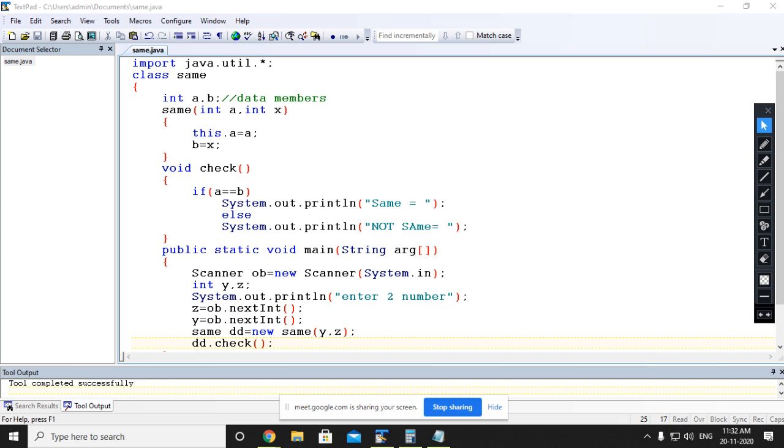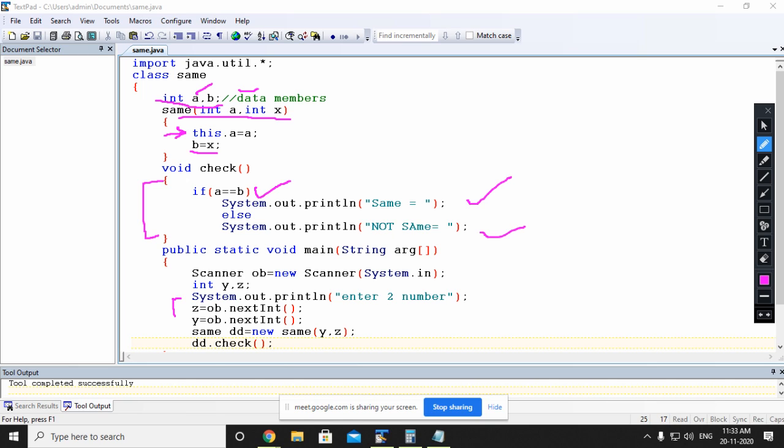Children, Vidip Agrawal, please pay attention to the data members. In the question it said enter two numbers, and the data members I have used are a and x. So a is already there as an instance variable, so here we are using this, and here it is not required. And one more additional function for checking whether they have the same value or not. If they are the same, we print the message same, else not same.